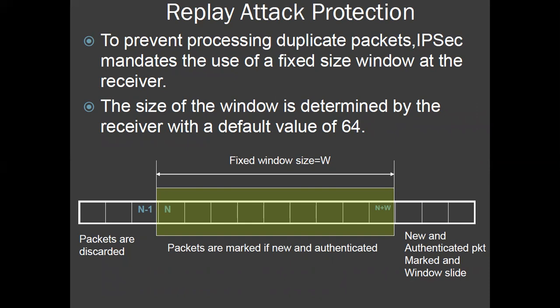The third case is when the sequence number of the packet is greater than N plus W minus 1. It means that the packet is on the right-hand side. This puts the packet to the right of the window. In this case, if the packet is authenticated, the corresponding sequence number is marked and the window slides to the